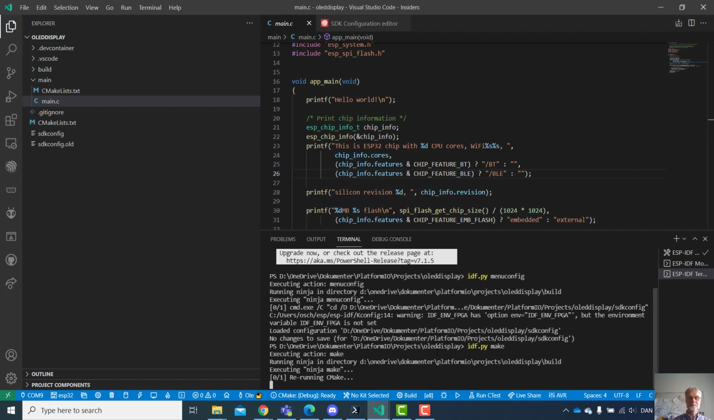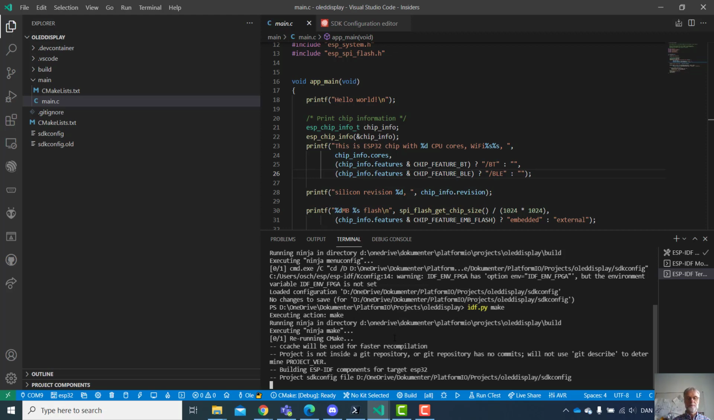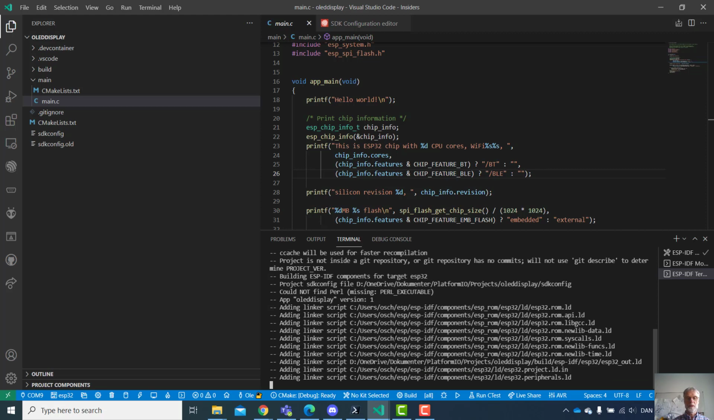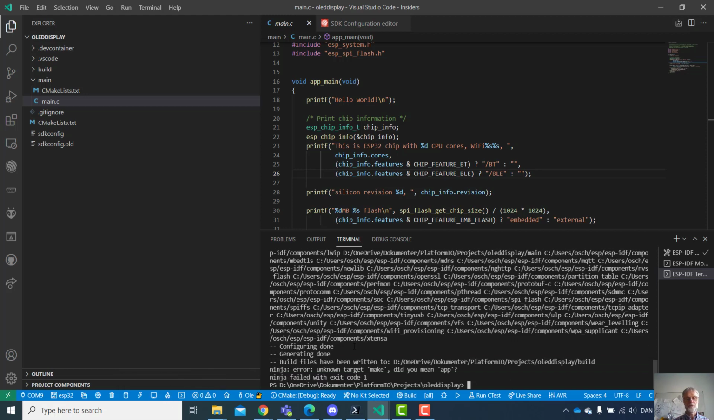So it's quite as fast as using the nice icon here. And now it is running again because I have opened the menu config. So therefore it is actually, no, okay, we need of course a file. It's not enough to say make, we need to have the